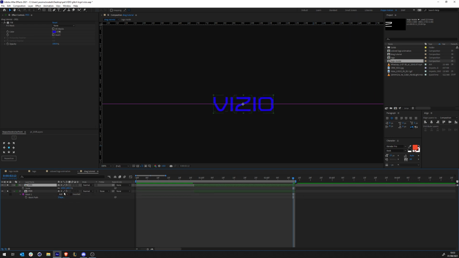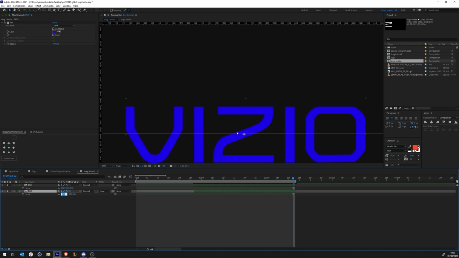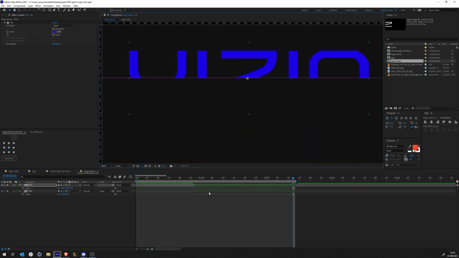Okay, so the top part 100%, the below part, it is really important that my anchor point stays in the center. It is really important, because if the anchor point is in